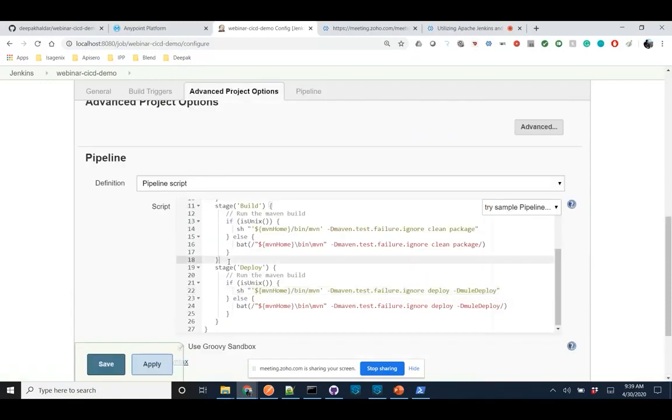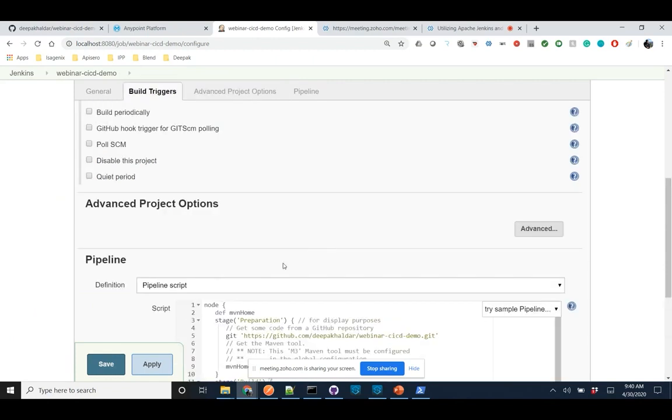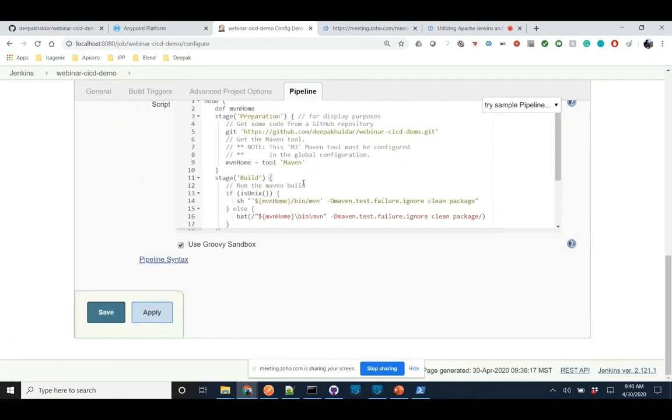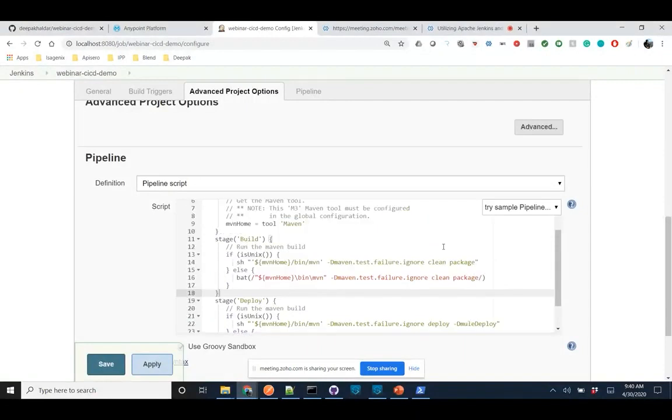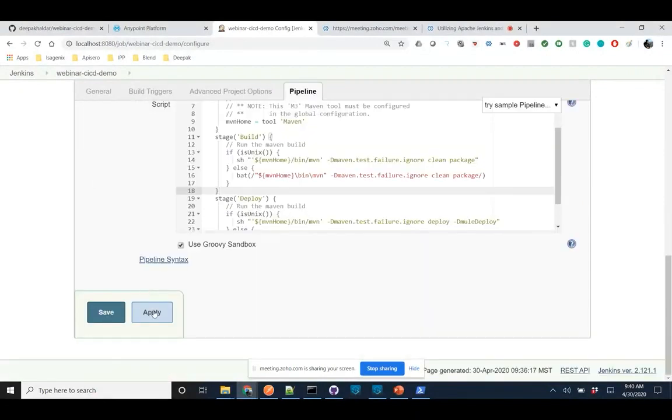Similarly, you can have another step before deployment. It can be a Maven test one, where if you have MUnits in your code and want to run your MUnits before deployment, just to check whether your unit testing is done perfectly or not. In that case, you can have a testing step as well. In our example here, we don't have any MUnits, so I'll just skip the testing part. So I have a very simple script where it just takes the Git code, builds it, and deploys it into the Anypoint platform. Once this is done, I'll save it,